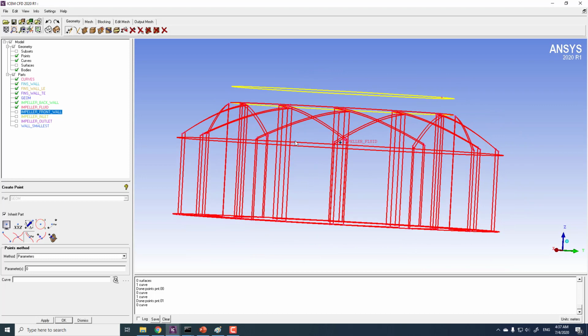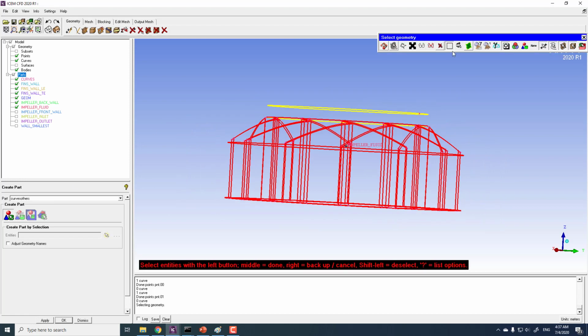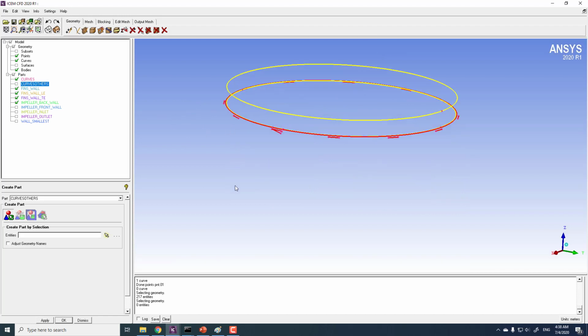I would be putting the other curves in a separate part. So let's say create a part name as curves and others. So I would be putting these parts over here, and if I click on this command, which is a toggle between all and partial enclosures, I can select these curves without putting them inside the box, and now I can hide them from here,